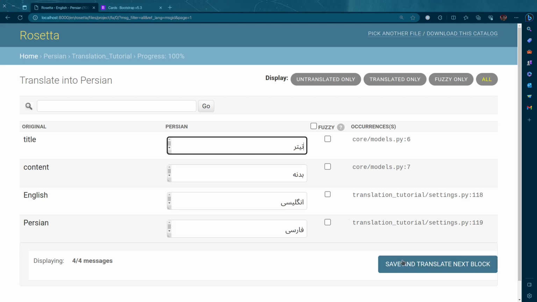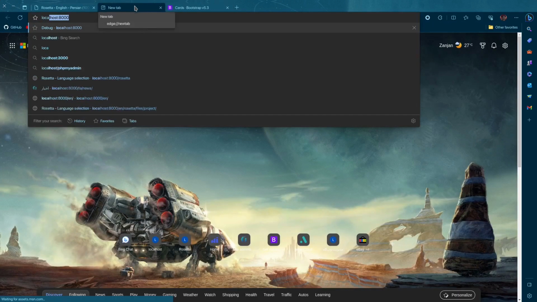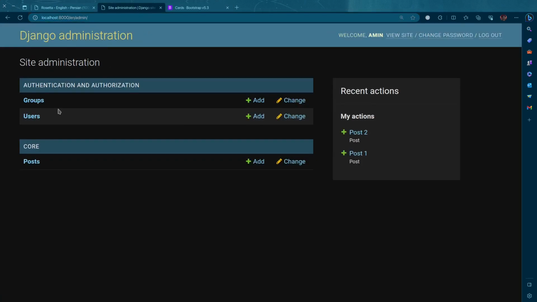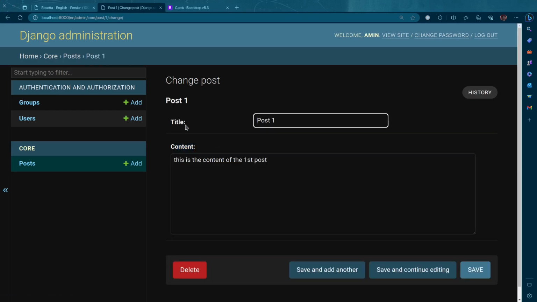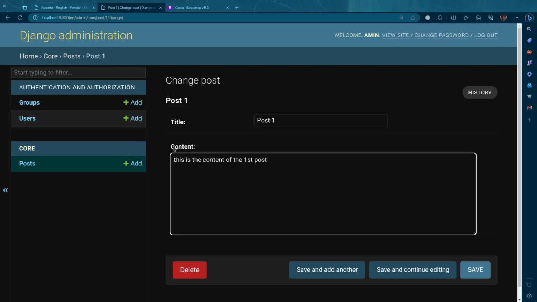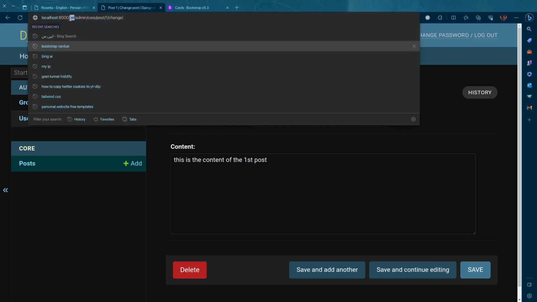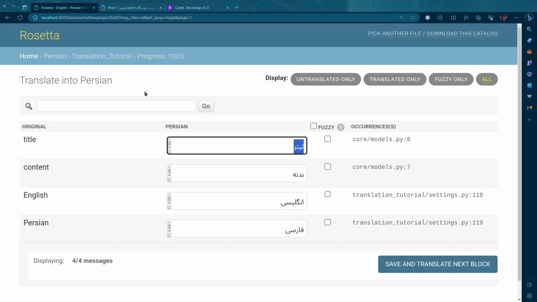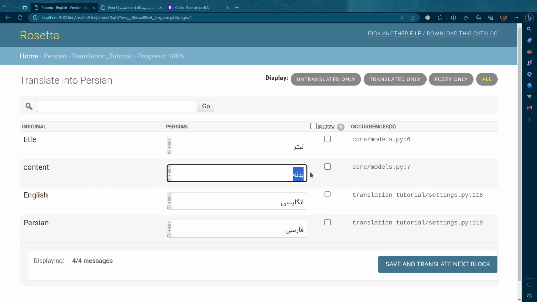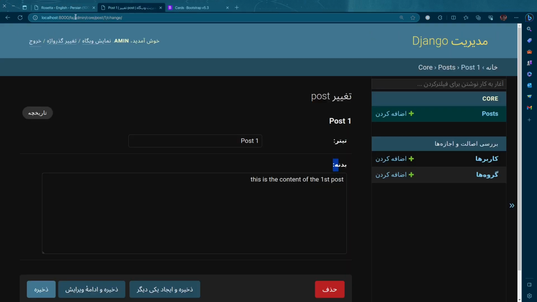So let's save this, and if right now I go to my admin panel, in here, let's go in one of these, it's title, content. As you can see, they are uppercase. I think Django made them uppercase, but if I go to fa/admin, it says teach and badane as we specified them here. You might not know my language,